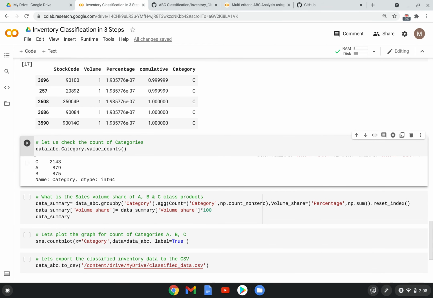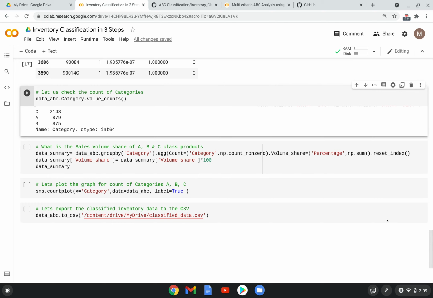In C class, actually, there are a lot of items, 2143, and in A class 873, and in B class it is 875. So it is roughly more than 50% of item share in C class, and A class and B class are around 22% each. Which is pretty practical. That's how any organization has the product varieties.